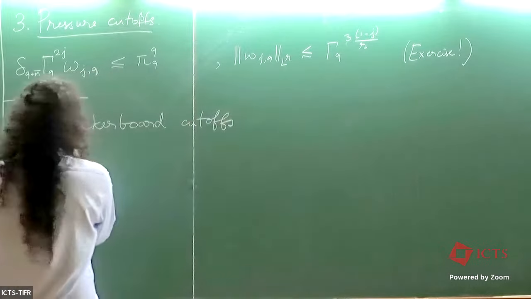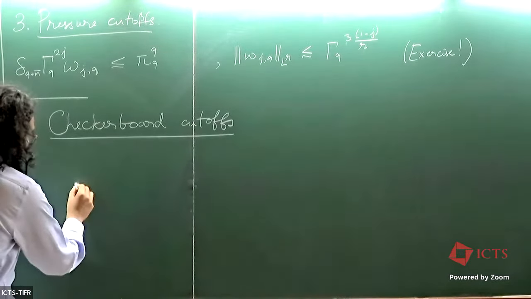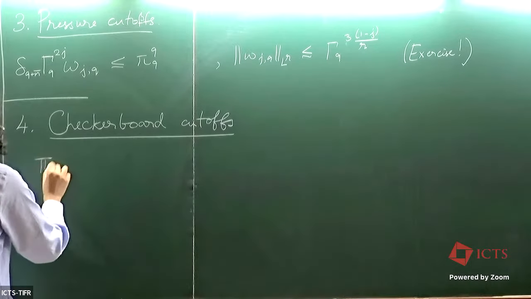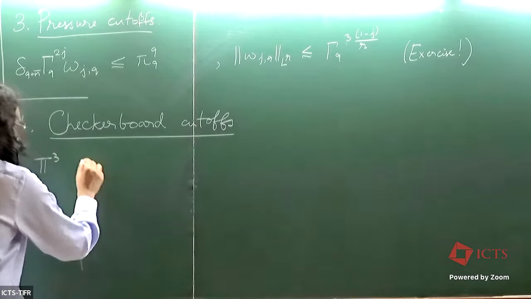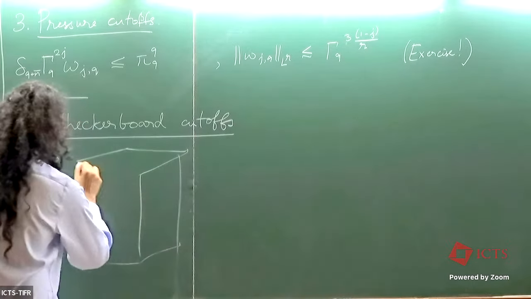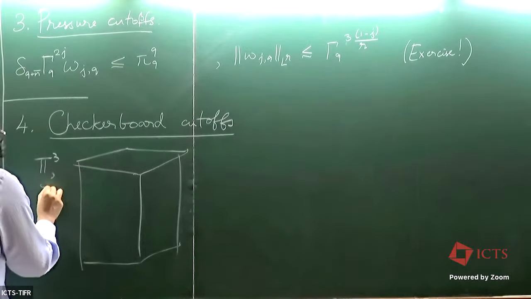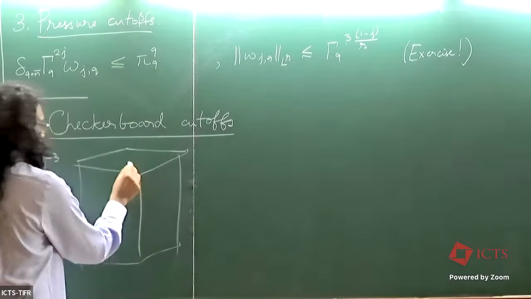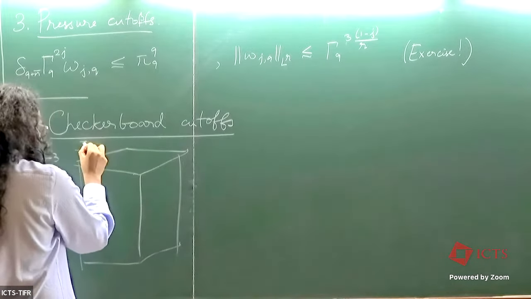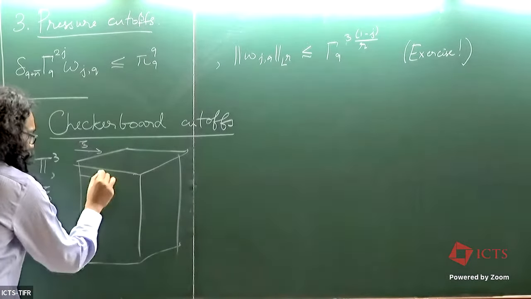So these are things that we already saw when we did dodging. Remember, in our dodging, we took our torus T3, which is something with periodic boundary conditions. We chose a rational vector psi, which for drawing simplicity, let me just think of as this direction. And then we decompose this into little pieces,